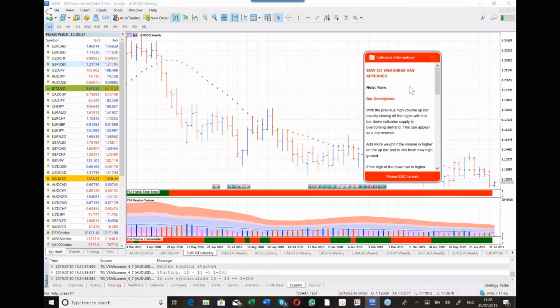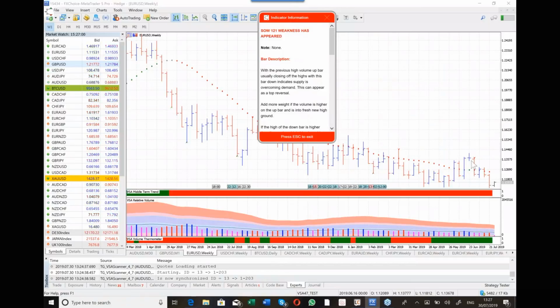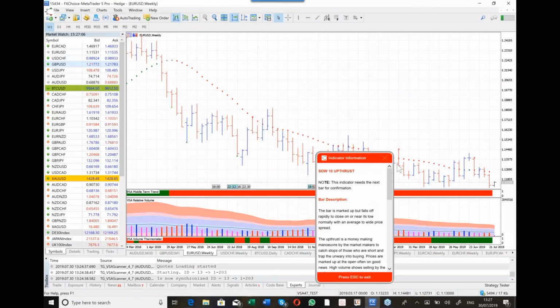This signal here, the weakness on this bar, is based on the previous bar and the level of the previous bar in this area, because that is an upthrust. Now, when you see this on a weekly chart, you have to start your trading day, in my opinion. Each week, when I start my trading on a Monday morning, I go to the weekly charts first to see what's in control. I think that's very important.